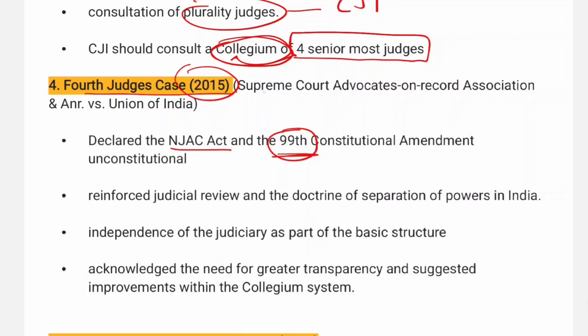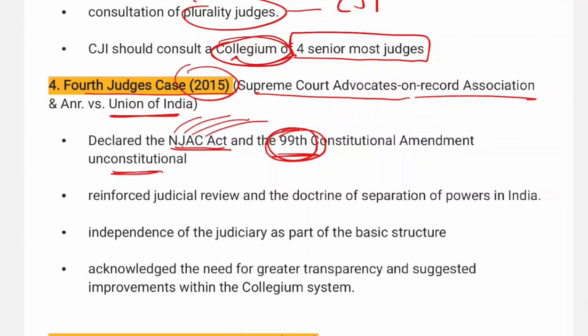The case name is Supreme Court Advocates on Record Association versus Union of India of 2015. Here the Supreme Court declared that the 99th Constitutional Amendment Act and the NJAC, that is the National Judicial Appointment Commission Act, is unconstitutional. Why? Because it violates the independence of the judiciary, which is a basic part of